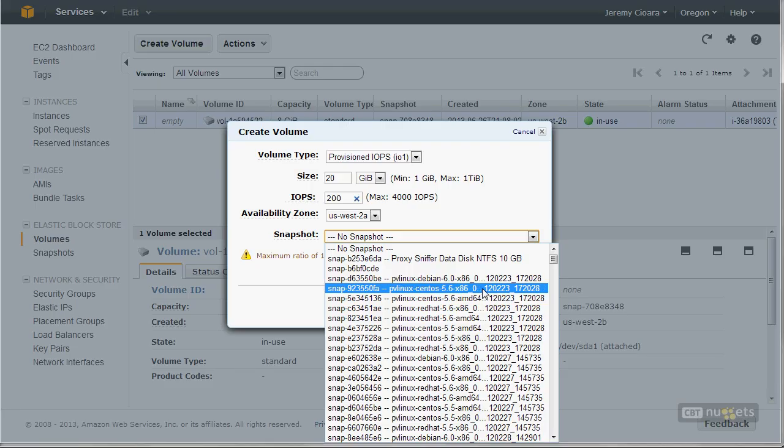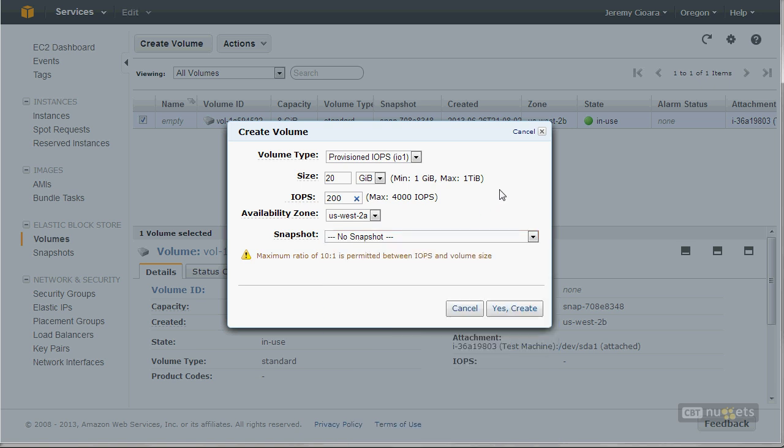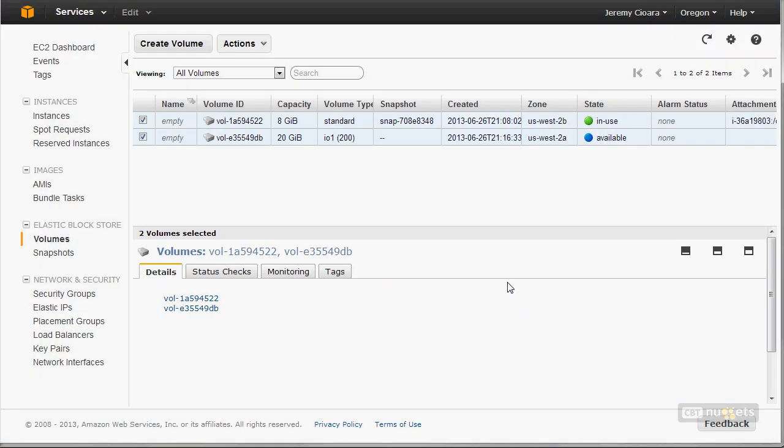So if I wanted a CentOS 5. Now, honestly, I have never used one of these. I'll use the AMI itself rather than grabbing the volume, but you can actually grab it. So this would be like stealing the hard drive out of one of the AMIs that are used to automatically generate Amazon machines. Now, I'll come back to that snapshot in just a moment, but I'm going to hit create,